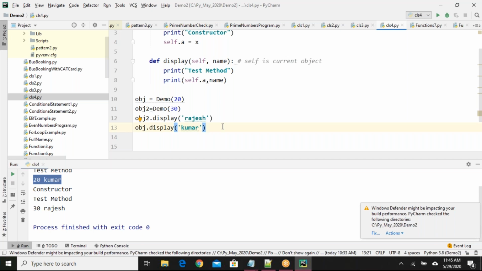For example, first time when I went with that one, maybe it's a bad example. It is going to be static related. I'm trying to provide a real-time example.